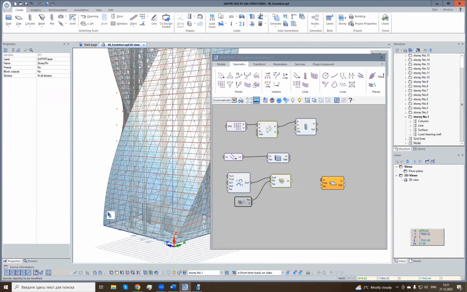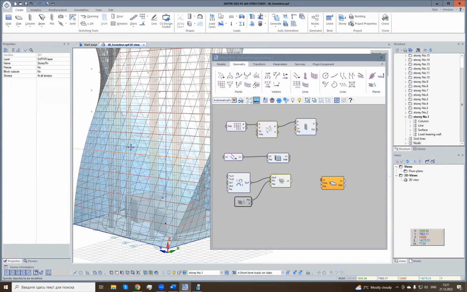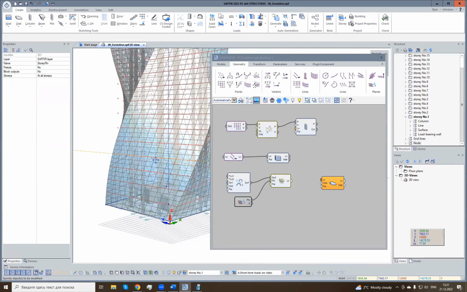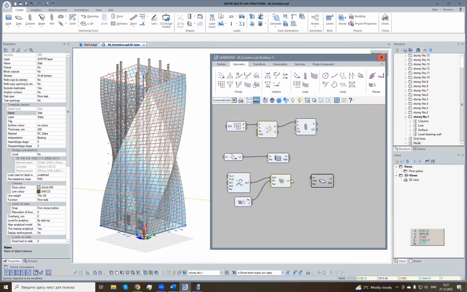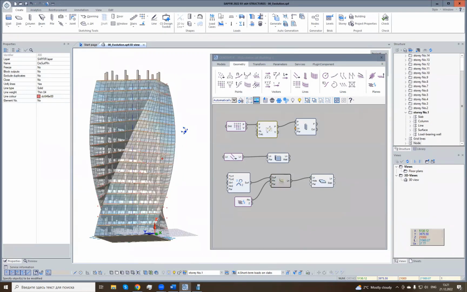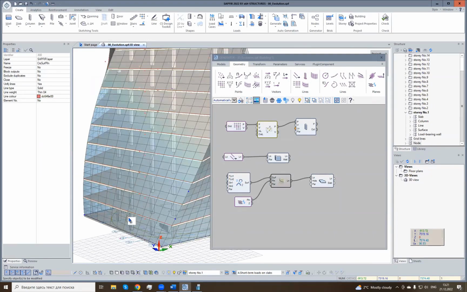We can see such red lines across my surface. So now I can connect this output ln to the input ln for slabs. I will do it. So we can see that the program has created slabs for us on the levels of